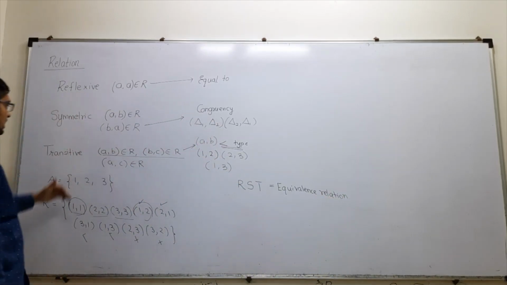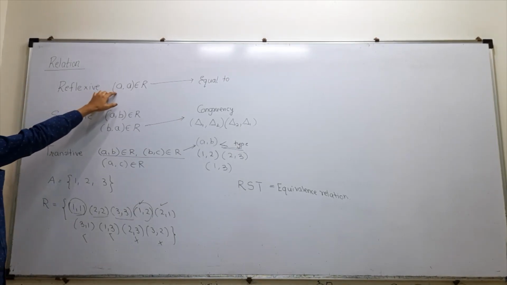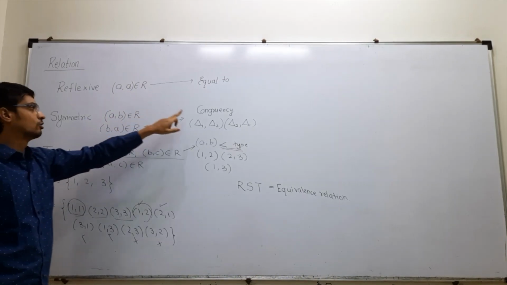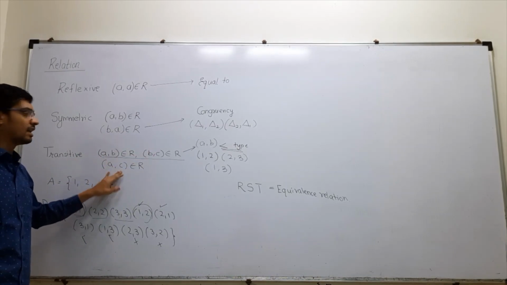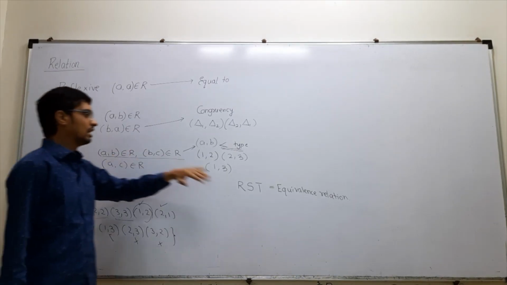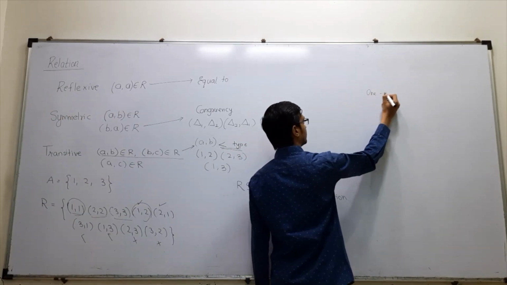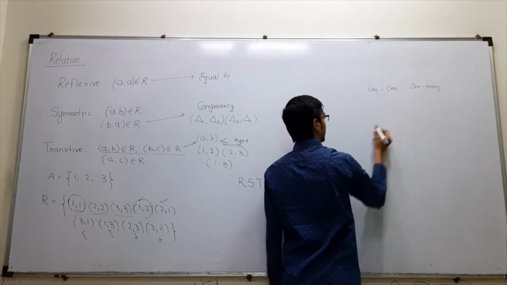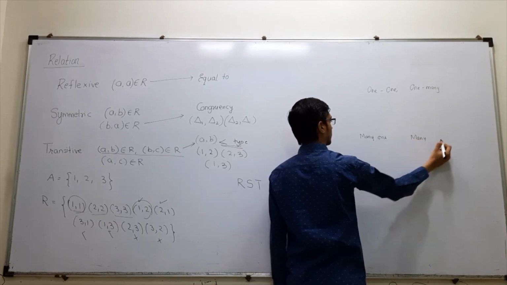Okay, this is one way of categorizing relation as reflexive, symmetric, transitive. अगर A, A है तो reflexive, A, B के साथ B, A है तो symmetric, AB है, BC है, then AC is also there, then it is transitive. And if it is reflexive, symmetric, transitive, it is called as equivalence relation. It can also be 1-1. It can be 1-to-many. It can be many-to-one. It can be many-to-many. Okay?